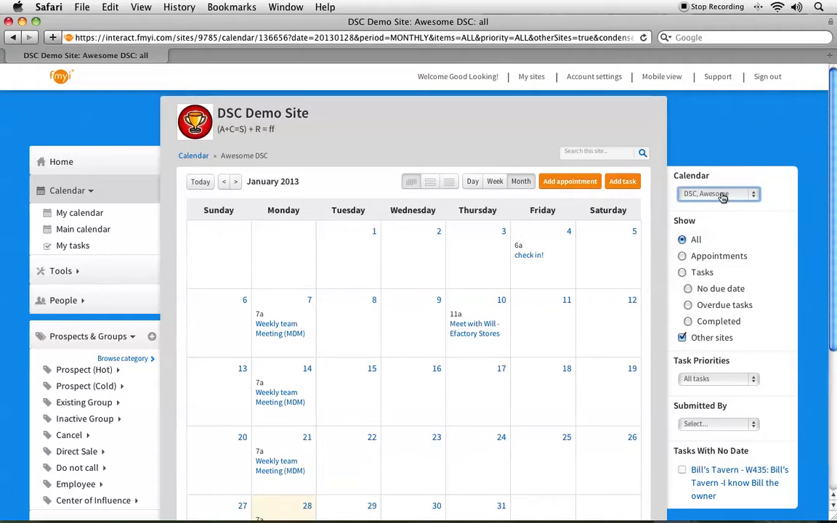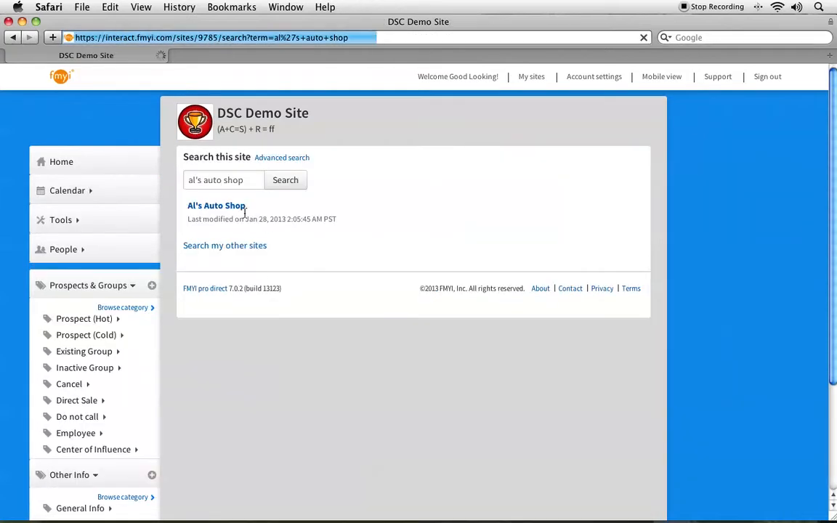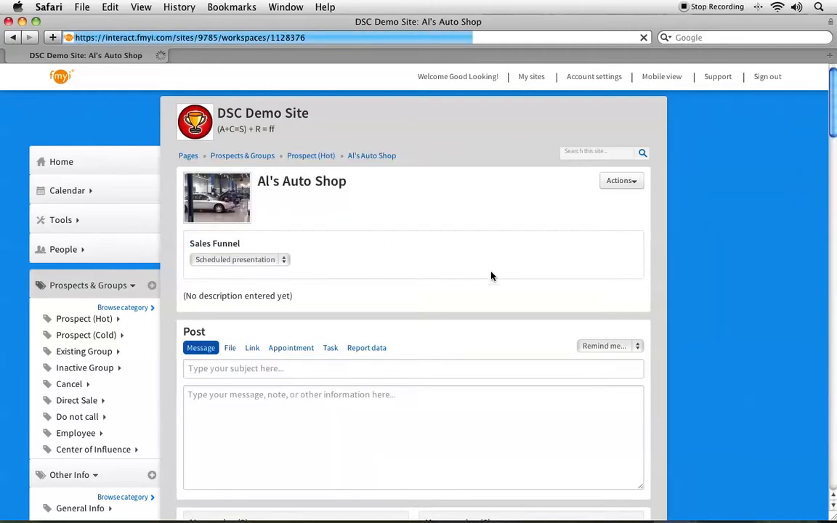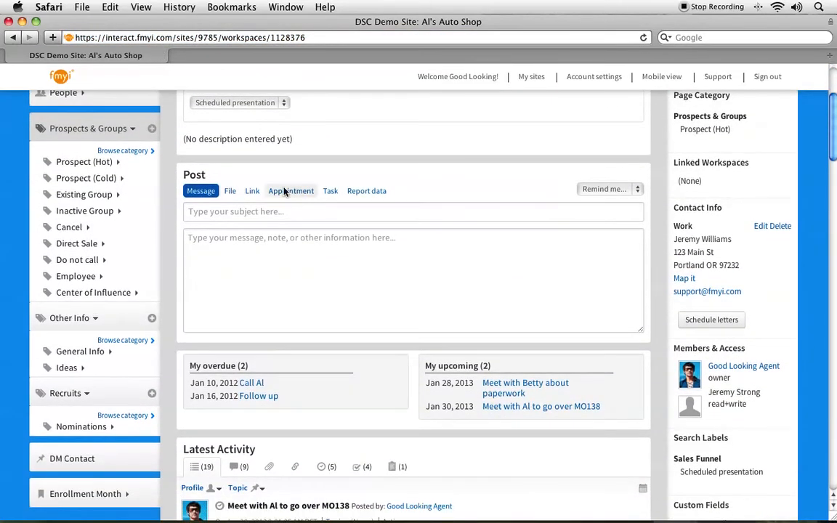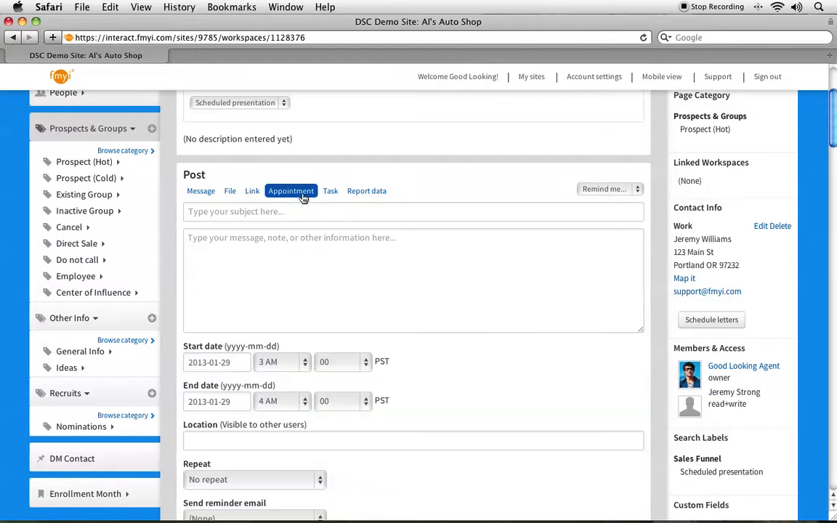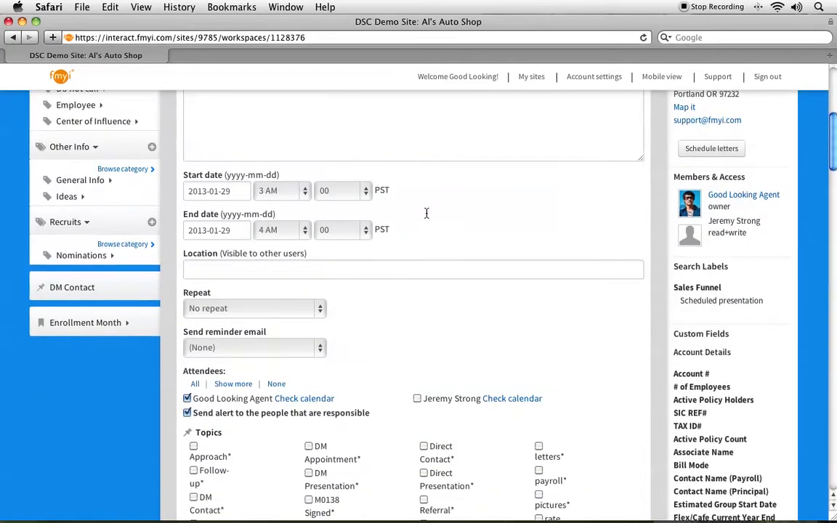So let's add an appointment to a prospect's page. The best way to do that is to go to the actual workspace where the prospect is. So I'm going to type in Al's Auto Shop. I'm going to go to his name, go to his workspace. All you have to do is scroll down to the post box and choose appointment, type in the details, and then put in the start